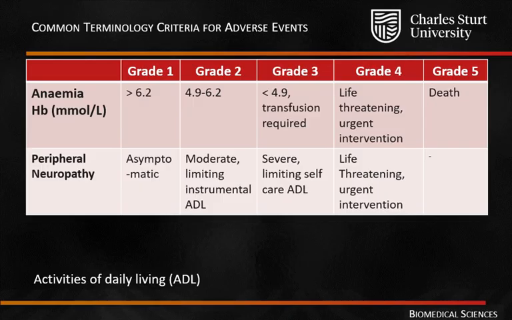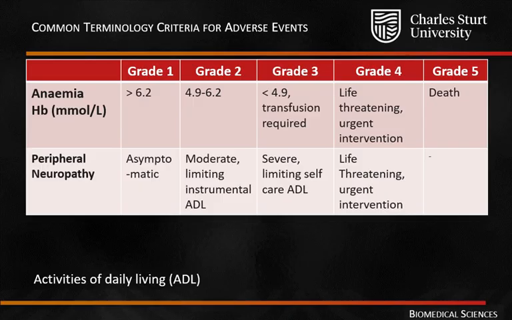That's when you start to see a transfusion requirement. Grade 4 is life-threatening and urgent intervention is required. Then grade 5 is generally death for the patient once it gets to that level. And so this is a way that they were able to classify adverse drug reactions to give some idea of what the severity for the patient is and also the frequency of these. We don't always have this information, so it's good that this system actually exists so we can see how severe